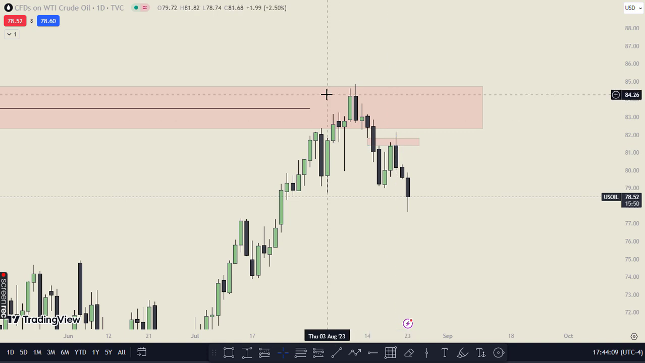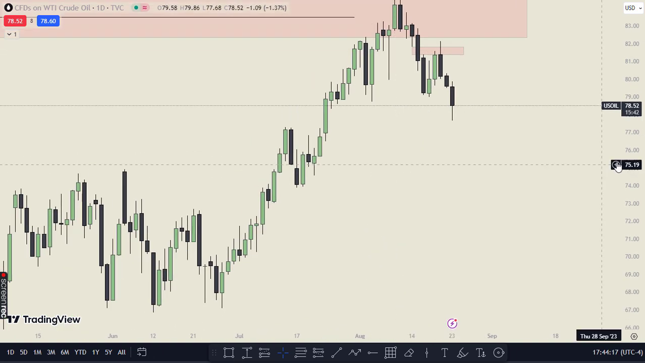So the weekly is bearish. We have the bias bearish from the weekly. The daily is confirming our bias to go lower. And we have also